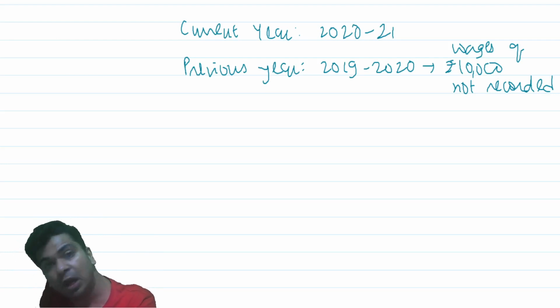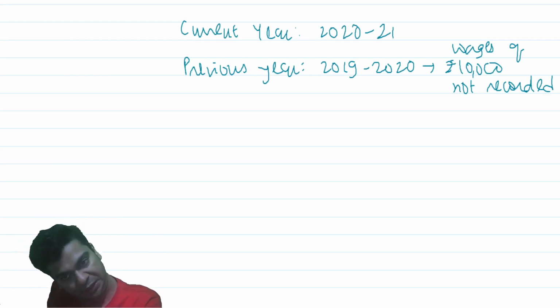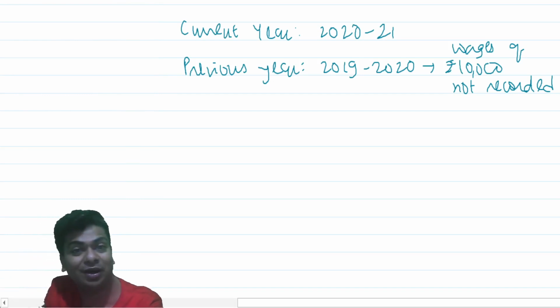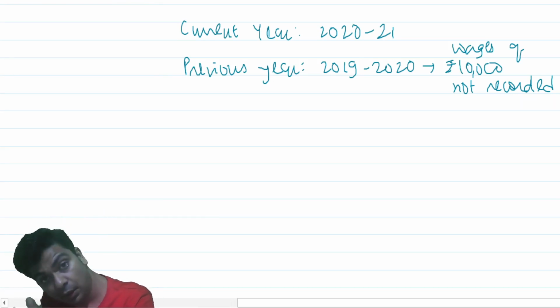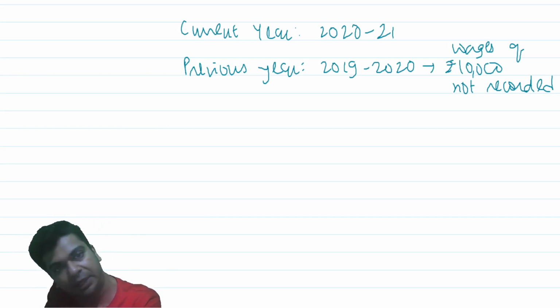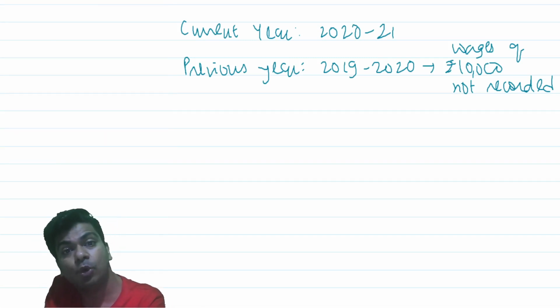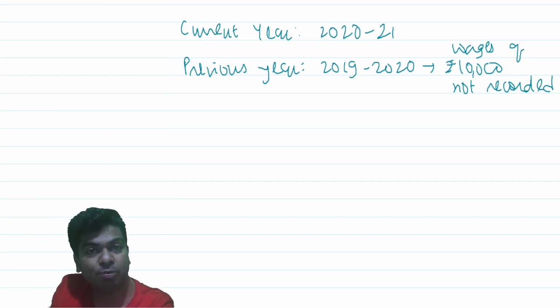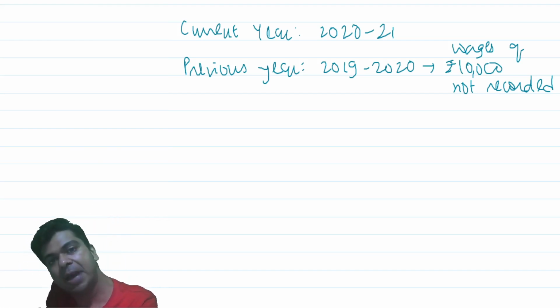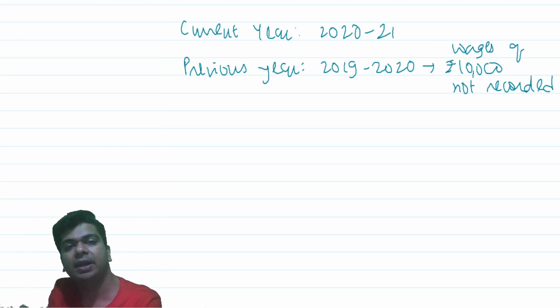If you follow Accounting Standard 5, then this 10,000 will be debited to the profit and loss account of the current year. Last year's profit is wrong and current year's profit is also wrong. This is what you will do under Accounting Standard 5. No. Ind AS 8 says, when was the mistake committed? The mistake was committed in the previous year. Will you provide comparative information for the previous year? Yes. The previous year's comparative figure will be changed by 10,000.